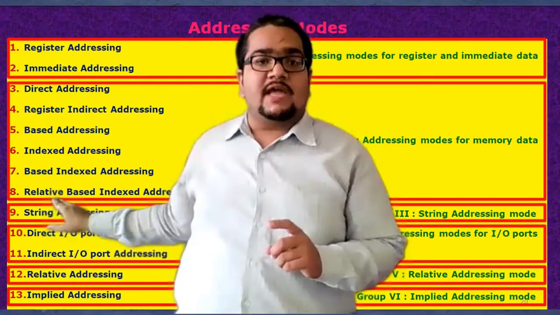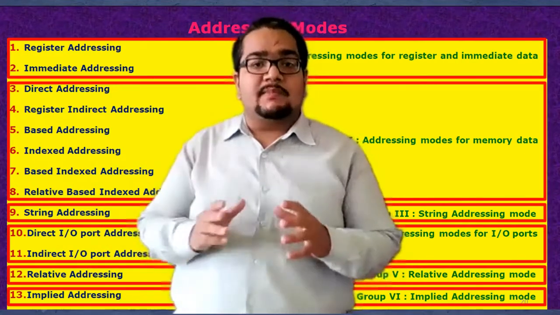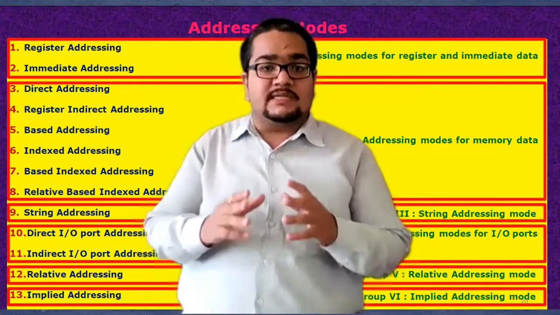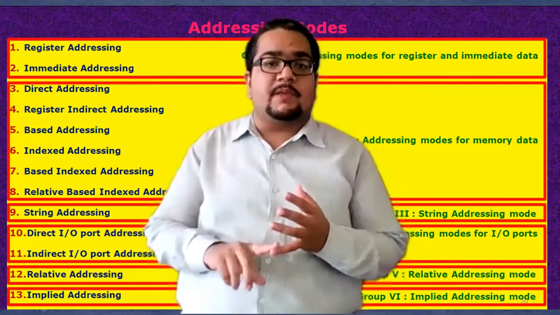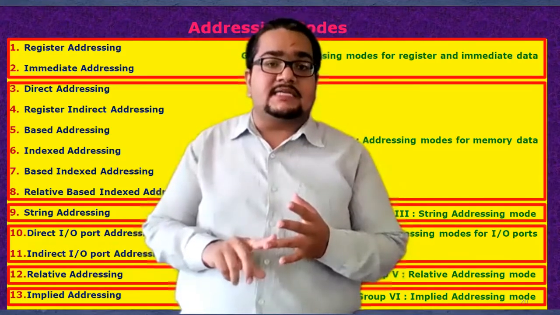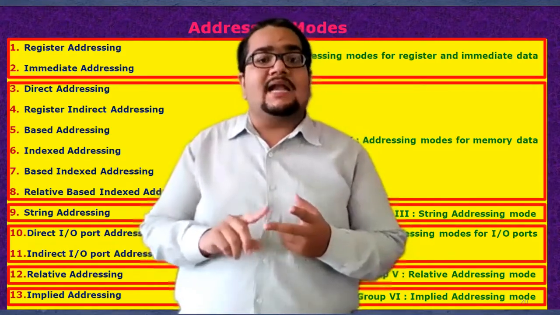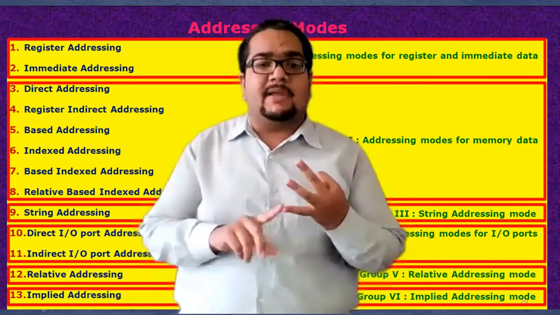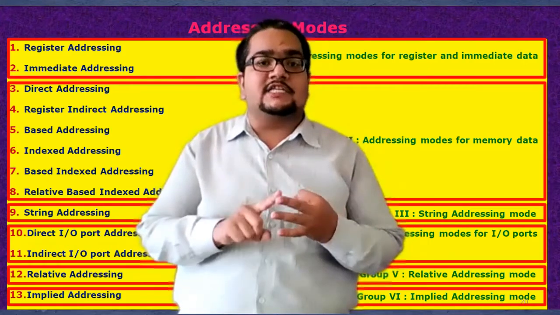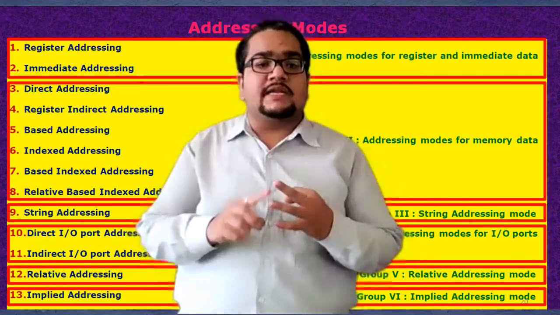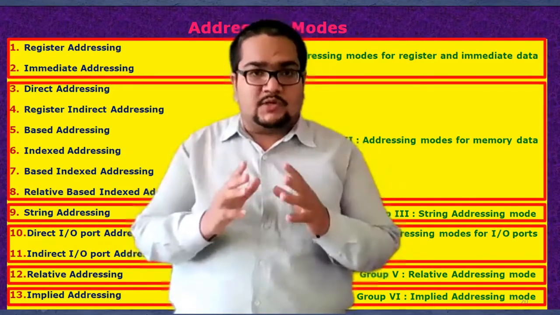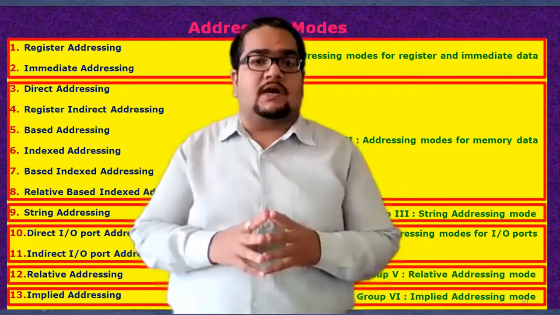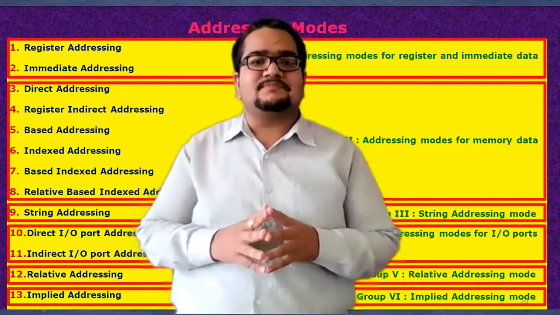Finally, we have one more addressing mode in which the memory address is not split into 2 parts but into 3 parts: a base register, BX or BP, an index register, either SI or DI, and a displacement number. These 3 things will be there: base address, index address, and displacement address. When you add all 3 together, you will get the offset address of data, that is, the actual address of data where it is stored in the memory.